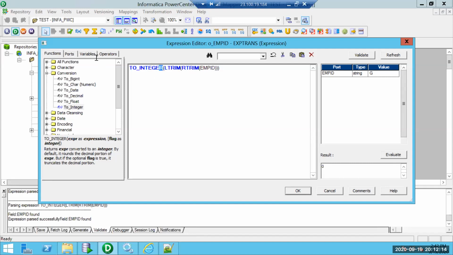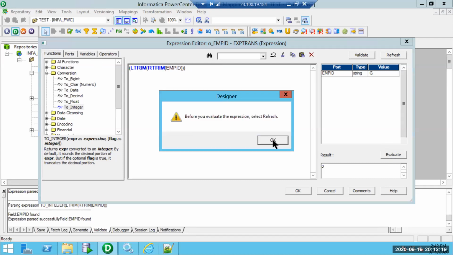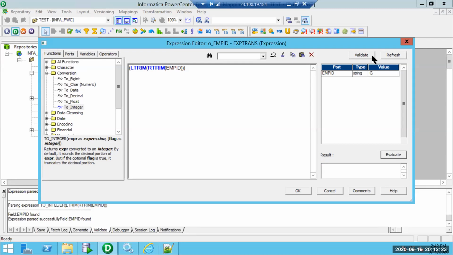If you remove toInteger, it will still be that only. Since I have modified, it is asking me to refresh it. So if I do G, it shows me G only. But as soon as I am applying toInteger, anything which is not numeric will be converted into a 0.